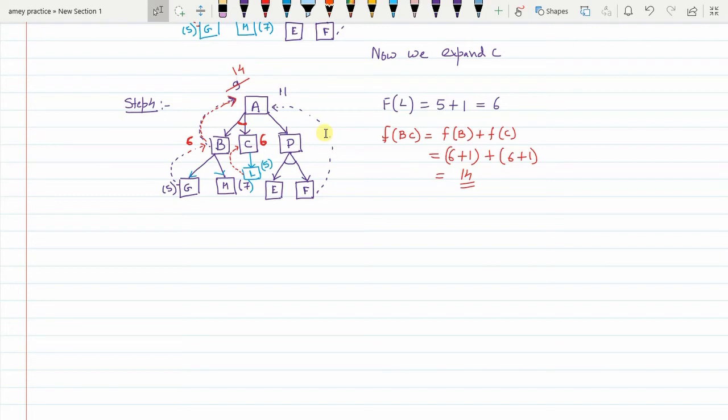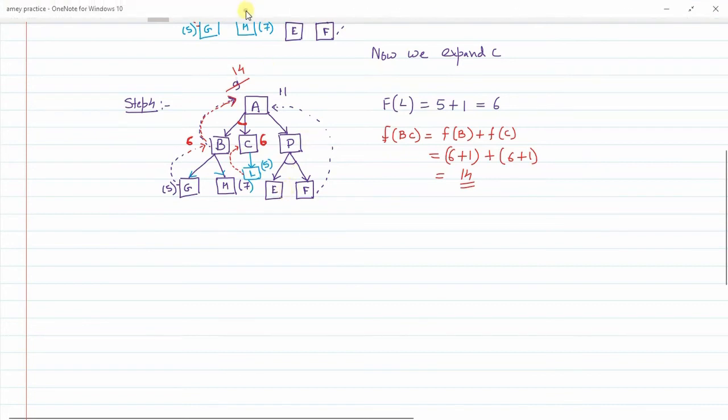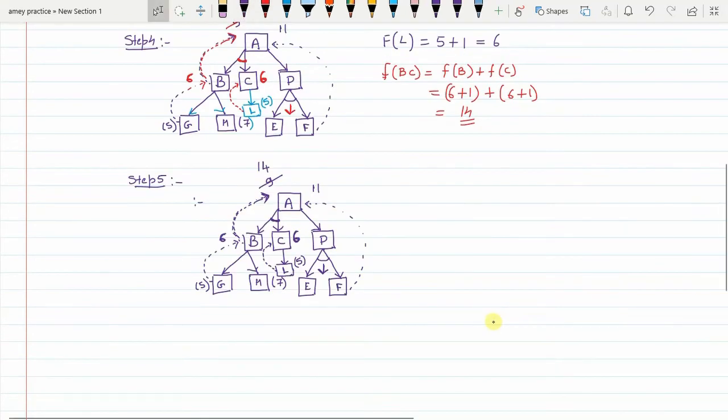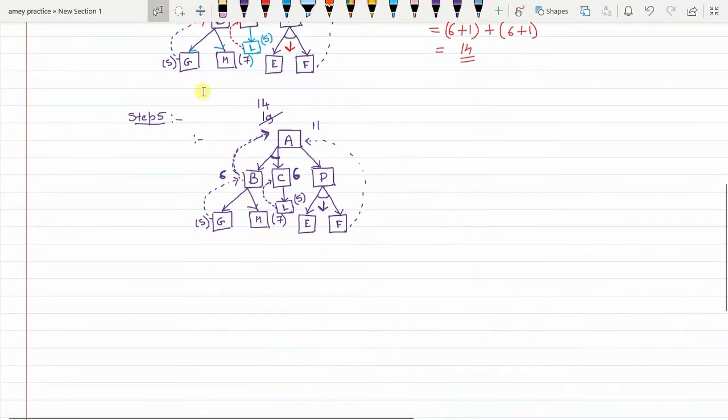Okay, the algorithm again decides to switch the path, and instead of expanding from G further, it decides to expand through arc EF further. Correct? So this ends with step 4. So in step 4, at the end it decides to expand from here. And at the end of step number 4, the algorithm has decided to do the expansion through arc EF. Now let's continue with what happens next.